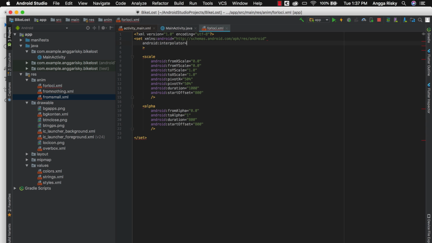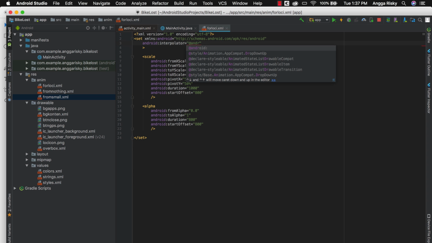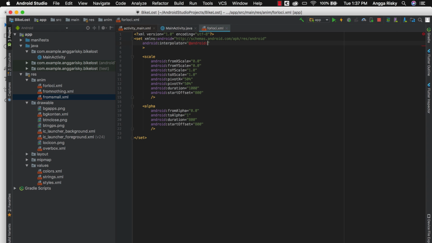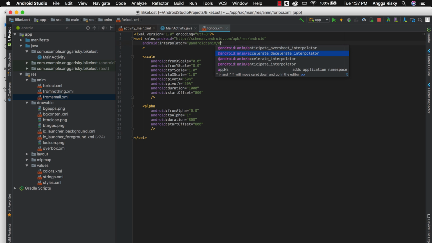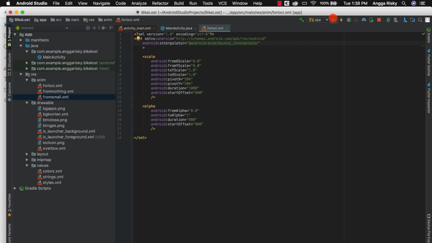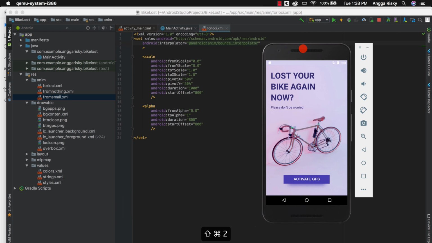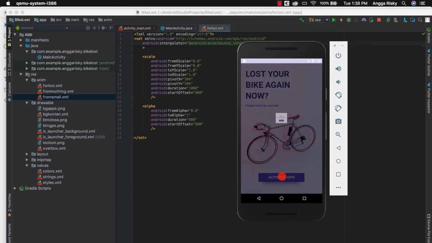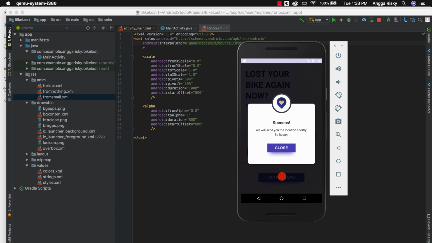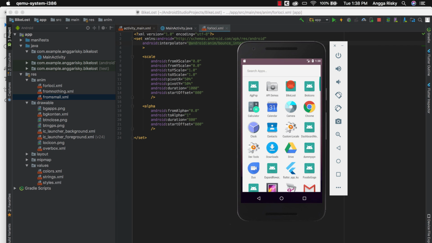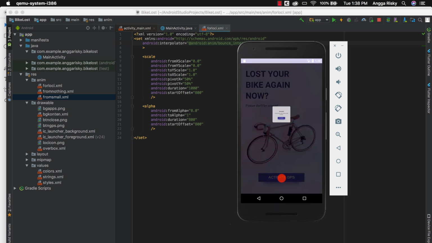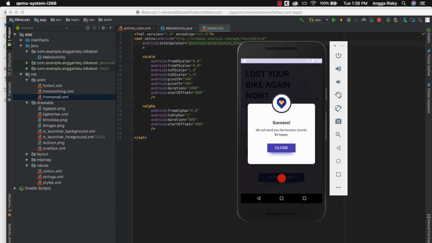Okay, and then here you can use any Android anim, so you can use bunch. Okay, and play again. So let's try. Wow, cool, right? So try again. Wow, cool, right? So yeah, this is nice.